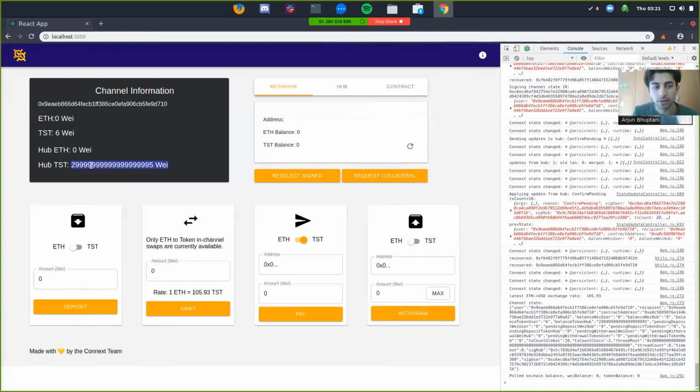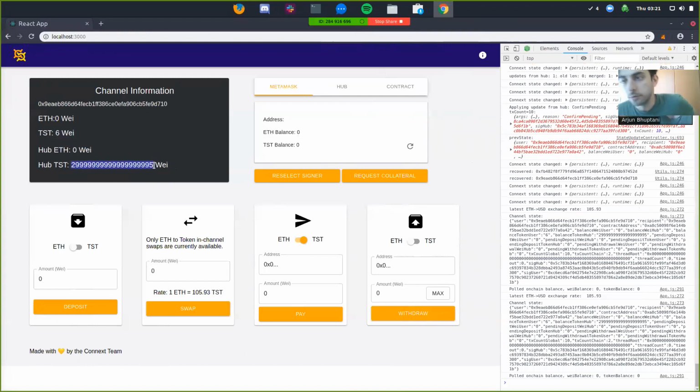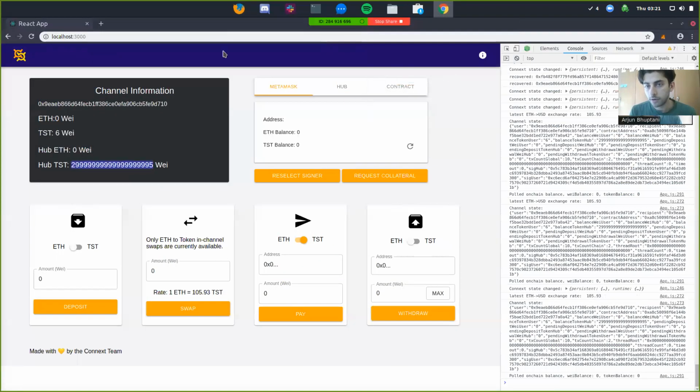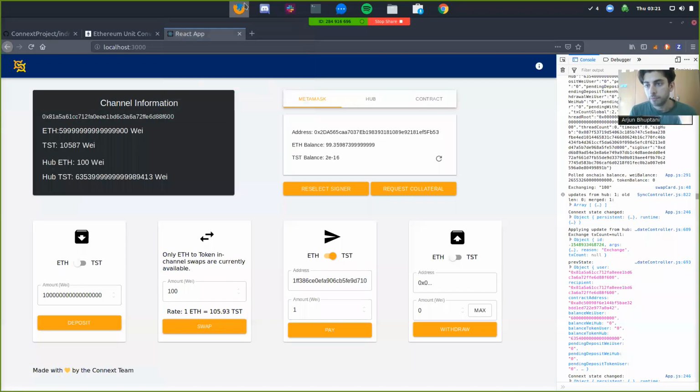Hubs can be configured to automatically deposit into a receiving channel if a payment is attempted. So if I hadn't actually requested collateral here, I could have just made this payment. The first payment would have failed. The hub would have collateralized this channel, and then the second payment would have succeeded. So that's sort of an alternative, optional way to do it in case you don't want to have this